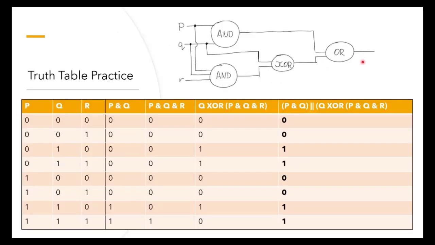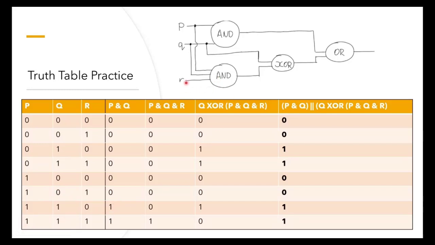Now, just as some revision of truth tables, if you don't yet understand them, this is a very complicated example, but it's good to go over. So we've got the inputs here. This is every possible combination that you can have in a 3-bit binary. And this is important because this is how you want to see every output from a truth table. So again, you need to break this down. So first, let's do the P and Q. So that's in this column. So 0, 0, 0. But then down here, we've got two sets of 2 1s, which gives us 2 1s